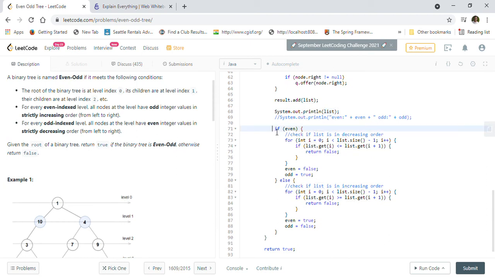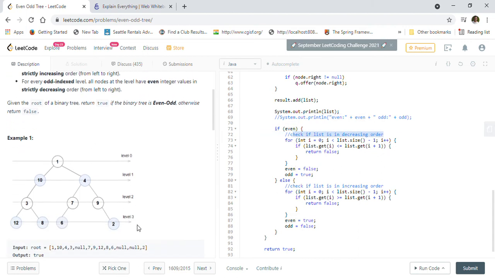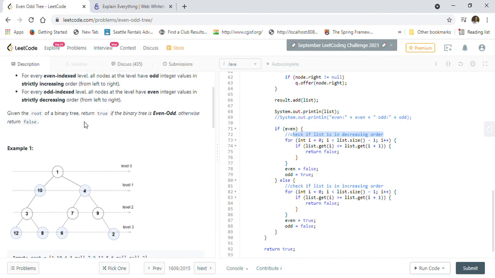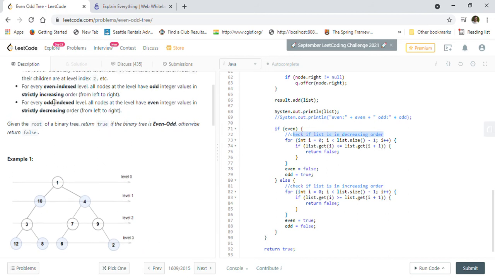But we actually here want to check if we are on the even level, right? This is an even level, this is an even level, 2 is even, 0 is even. So in that case we want to form that this is an increasing order, right? So that's what we are checking. Check the list if it is in increasing order for even level basically. So if it is an even level, then it should be increasing order.